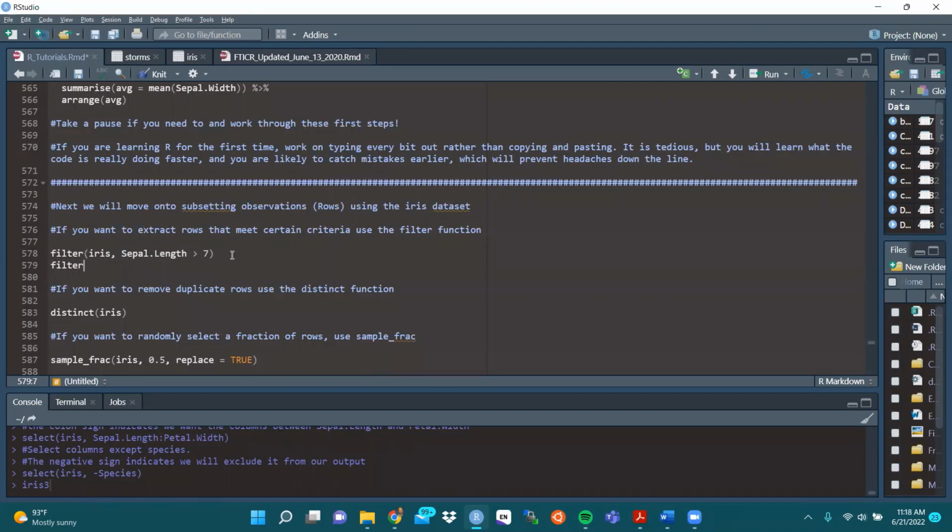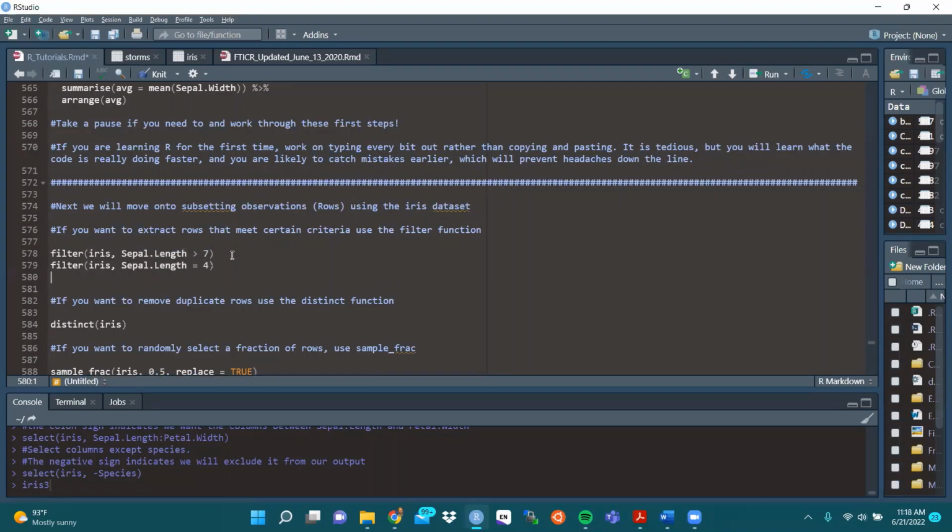We'll do a couple here. So filter, type along with me, iris. Don't forget to capitalize because in the data sheet, this is capitalized and capitalization matters here. Let's say equal to 4. And then we'll do filter, iris, sepal length, less than 7. So if we run all 3 of these,